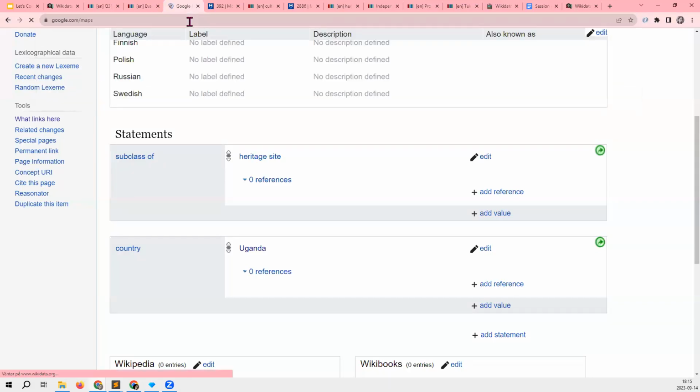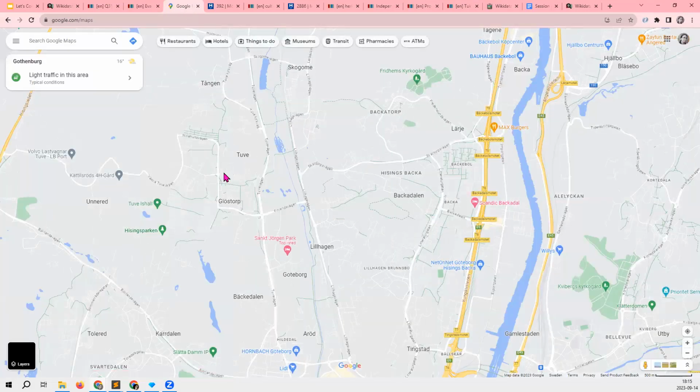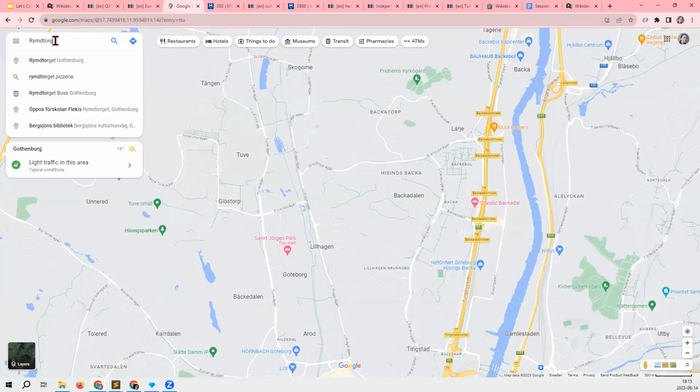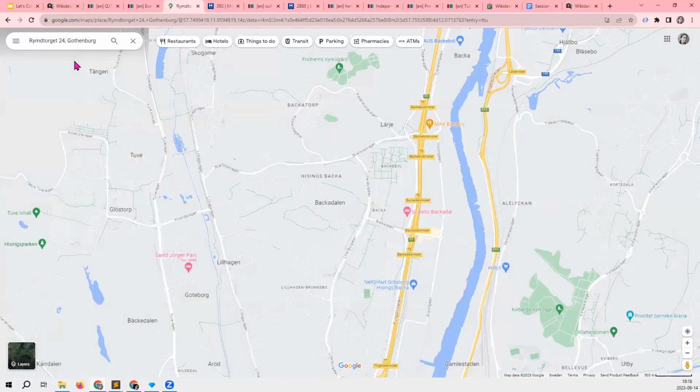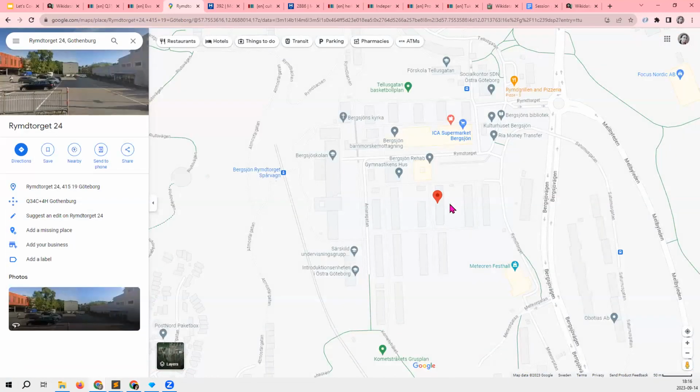Let's see, if I go to Google Maps and say I will type in an address, and then I can right-click on it on the map and get the coordinates. When I click on them, it says on the bottom, copied to clipboard.